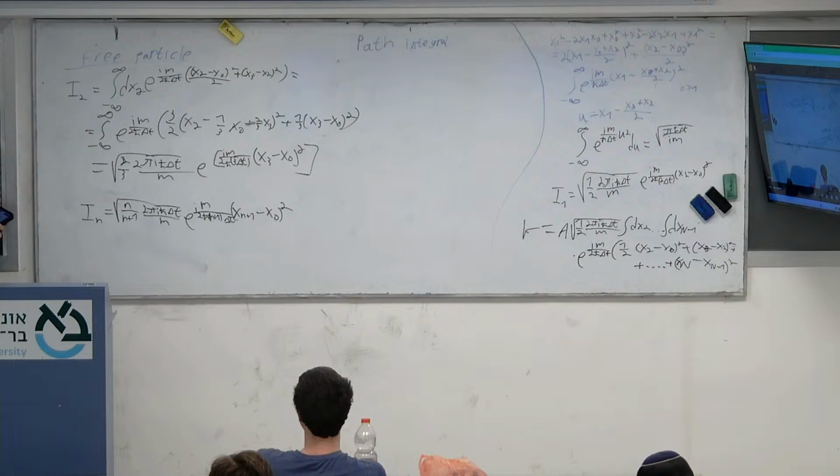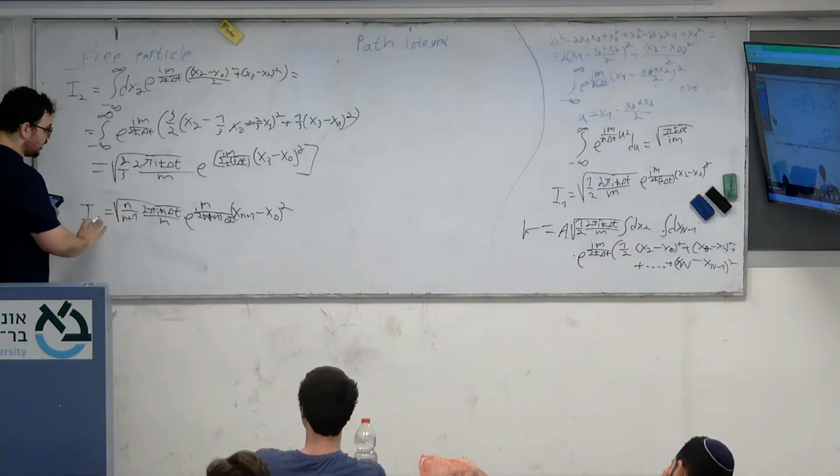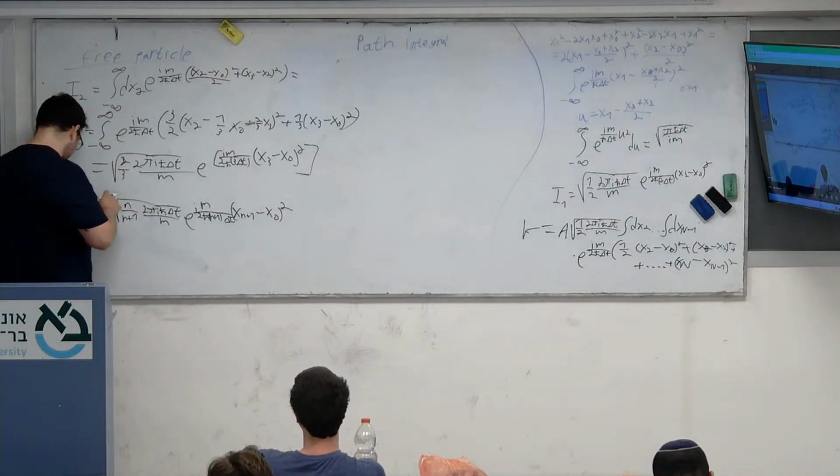Just following the pattern that we saw after the first two integrals. So multiplying I1, I2, I3, up to In,